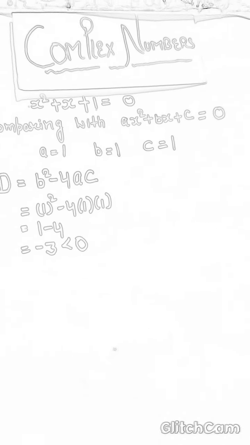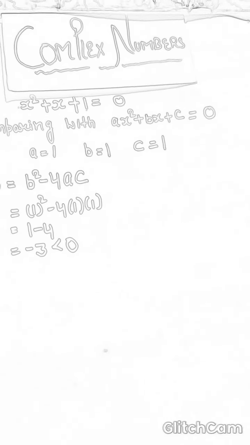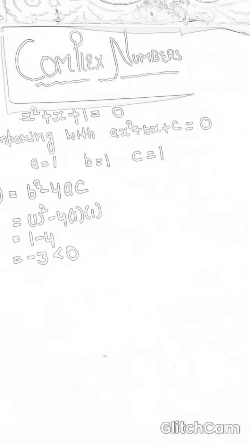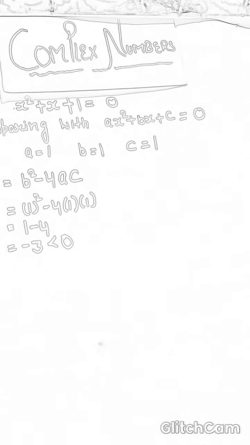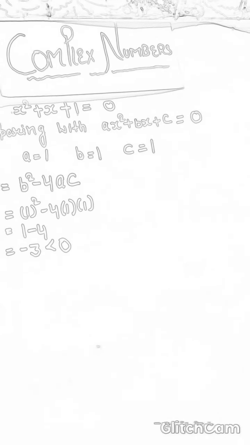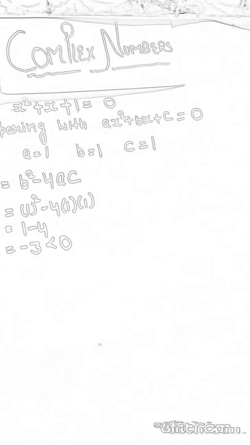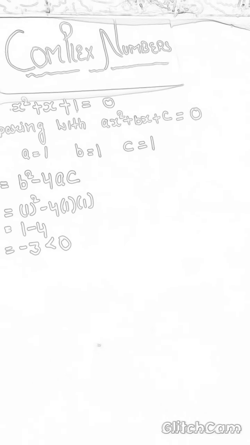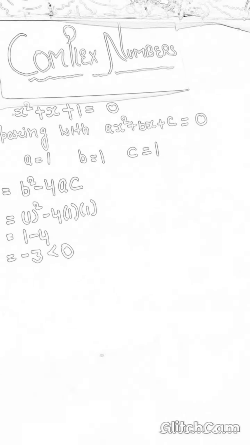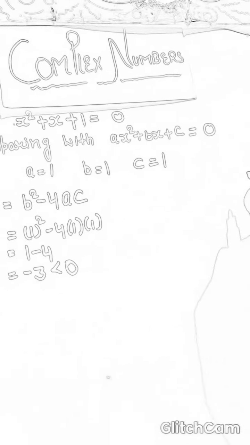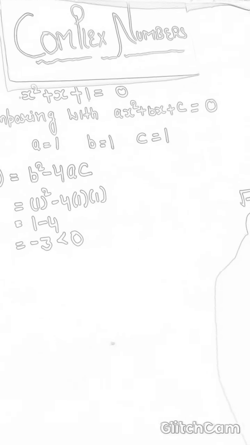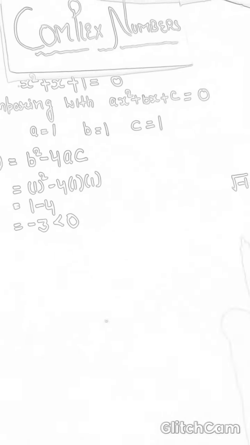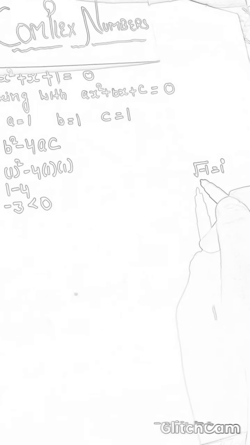But now we solve this equation with the help of a new technique and find the roots of this equation. Here we use the concept of the complex number. That's why we need the complex number, to find the roots of the equation when the discriminant is less than 0. So firstly, you have to know about the value of eta. This is called eta, and the value of eta is equal to root of minus 1.